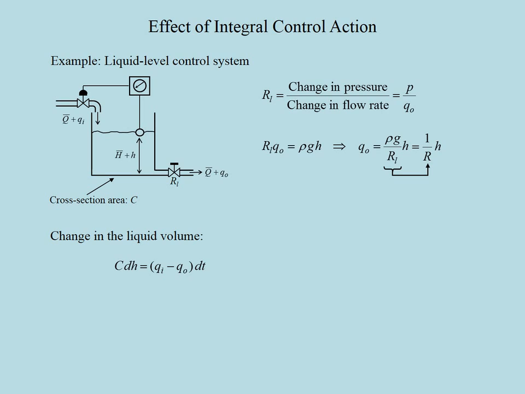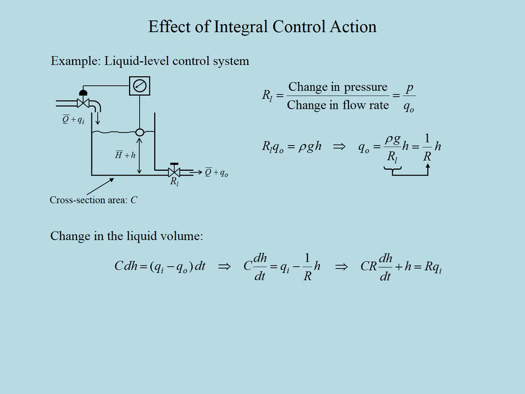One of them can be the cross-section area C times dH, namely the instantaneous change in the height. The other one is the difference between the input and output flow rates times dt. We can equate these two expressions, divide both sides by dt, and replace Qo by h over R. Rearranging the terms, we can get a differential equation relating the change in the height of the liquid to the